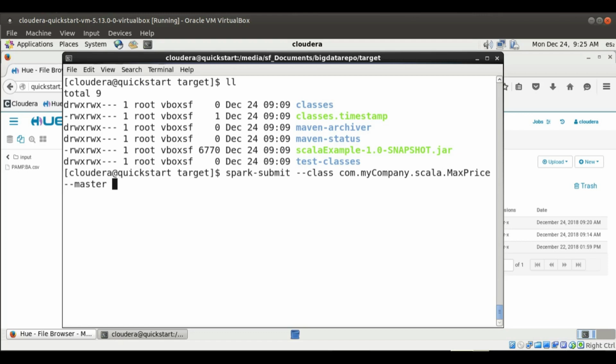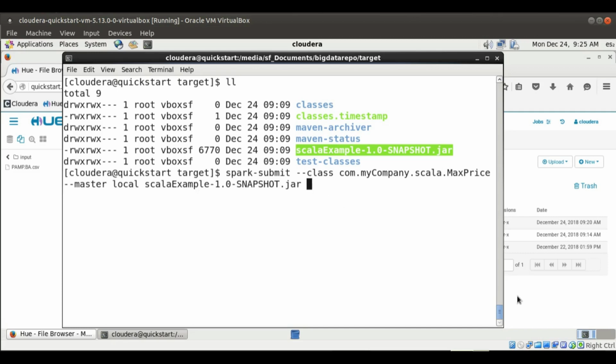In this case, due to I'm running in a virtual machine, the master or the driver is just on local. The name of the jar file,